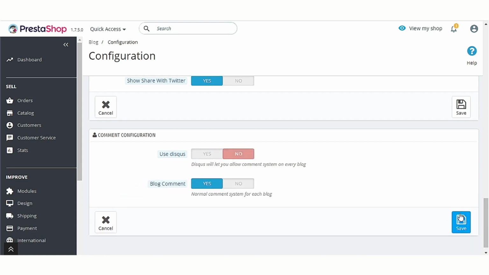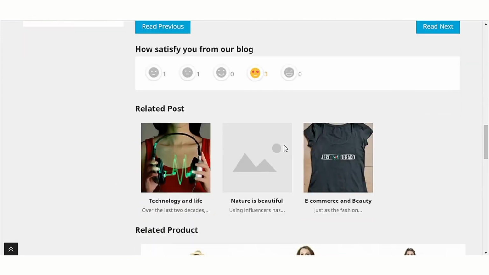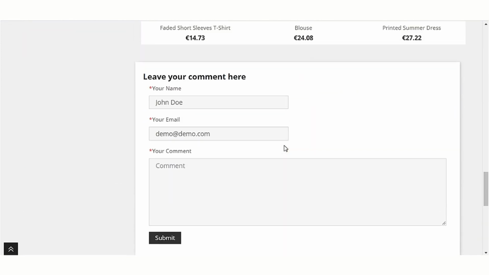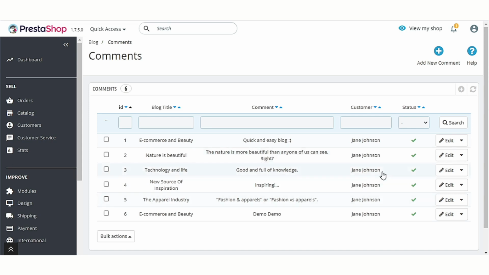If selected default comment system, then the users can comment just by entering their name and email ID. Admin can enable, disable, edit or delete the comment posted by the customers.